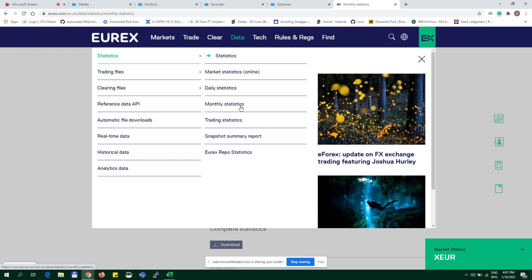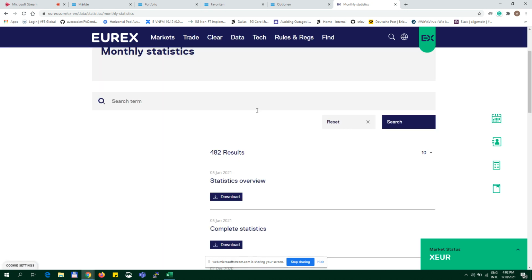Then you can look into how much is the volume for different options. Basically it will give you a view of how much volume there is and how volatile it is, so that at least you are not selling those options which are very difficult to exit. To give a view, I have already downloaded a monthly file from here. I will just show it to you.